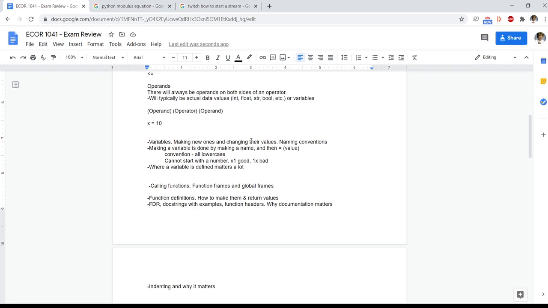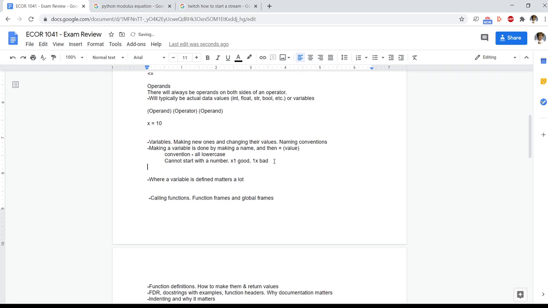Okay. So another thing about variables is that you absolutely do not want to set a variable to have the same name as a reserved word. So, cannot share name with reserved words. Some examples are like def. You don't want to have def as a variable name. You don't want to have a list. Oh, I saw some of this on some of your labs. You were setting list to a variable name. Don't do that. That can cause some issues.